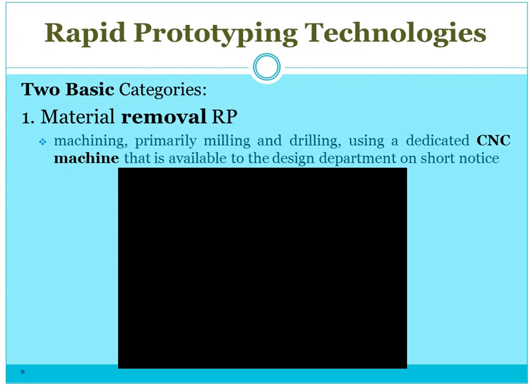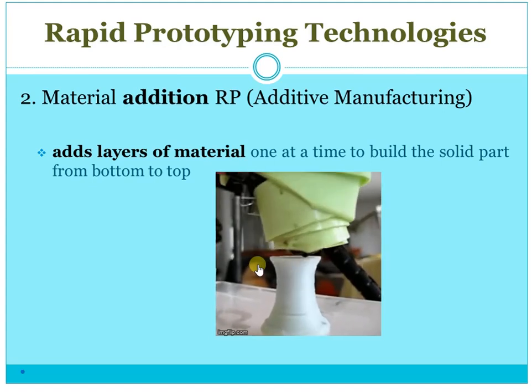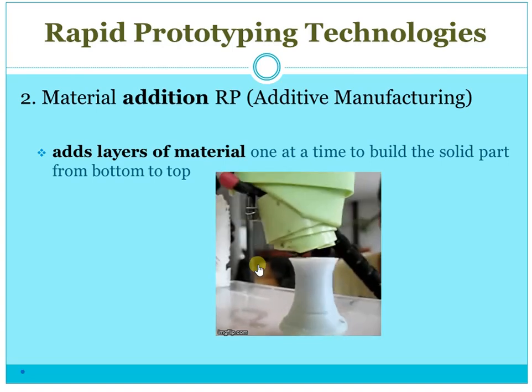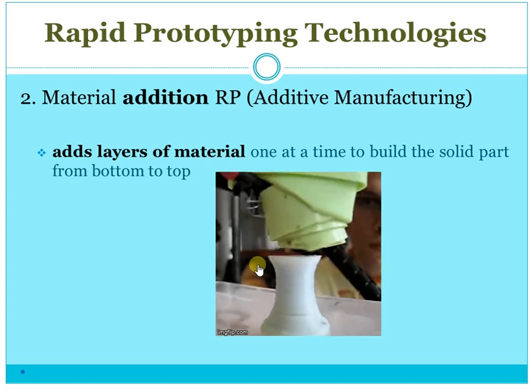Now, rapid prototyping technology, there are two technologies for rapid prototyping. The first one is traditional, as we have discussed, that is metal removal rapid prototyping, RP. In that, we are using machining, primarily milling and drilling or lathe, usually a dedicated CNC machine that is available to the designer department on short notice. The next is material addition, that is additive manufacturing, also known as such. In additive manufacturing, we add layers of material one at a time to build the solid part from bottom to top. You can see in this video